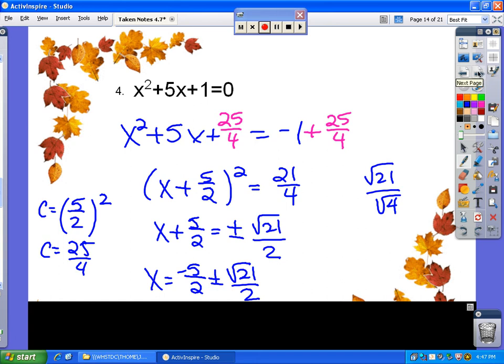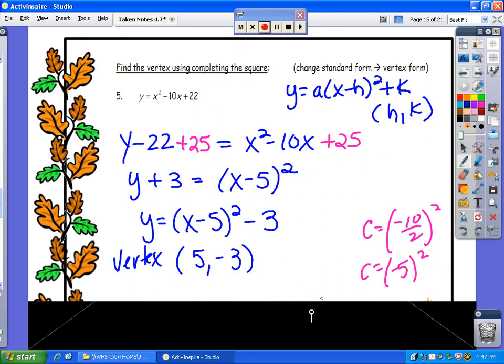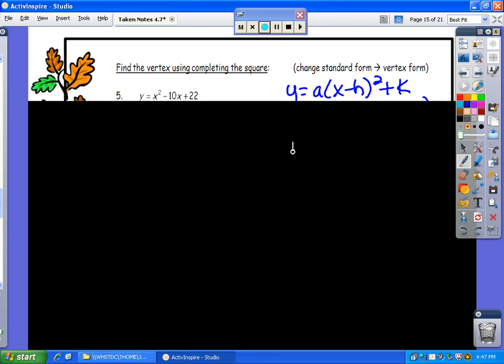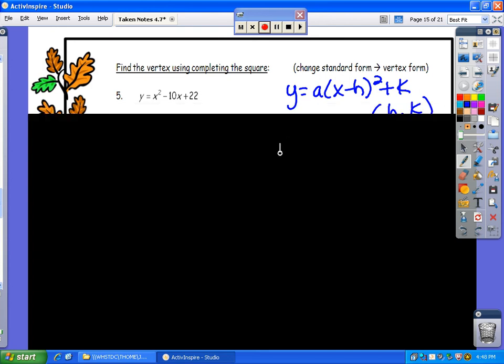Alright, now let's look at an application of this. Find the vertex using completing the square. In other words, change from standard form into vertex form. Now recall, there's vertex form. We do pretty much the same steps, but this time we have a y that we have to keep. We can't throw that away. We don't have a 0 anymore. So instead of moving the 22 to the 0 side, I'm just going to move it to the y side. Alright, so I'm going to subtract 22,